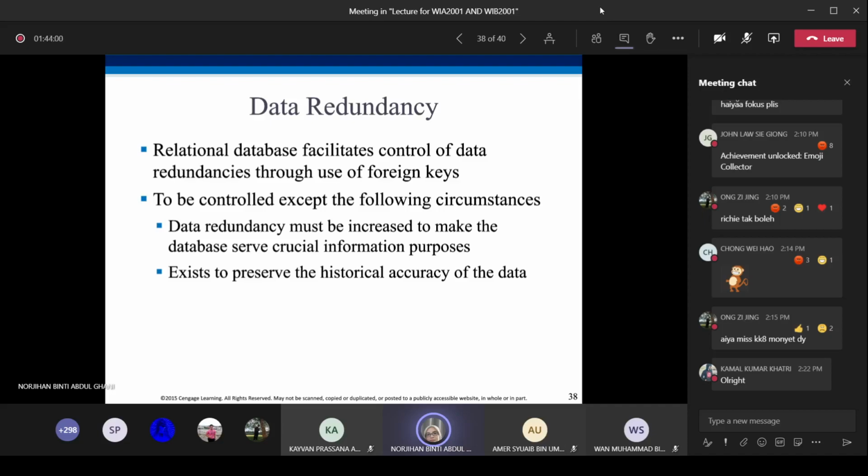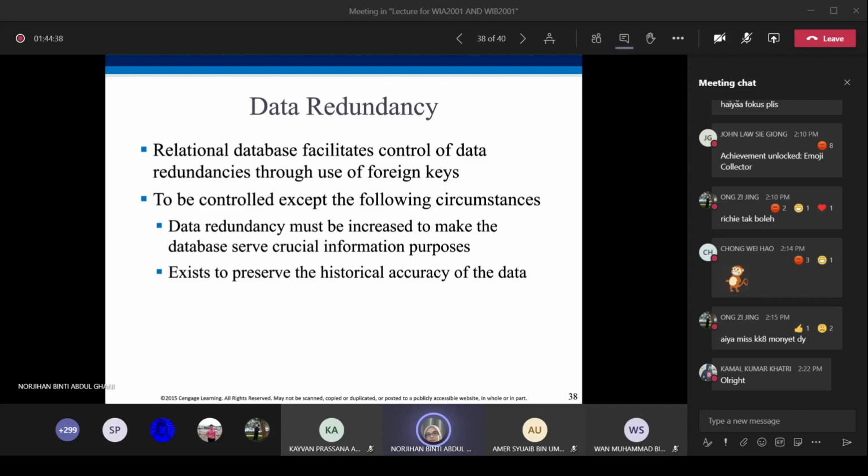Data redundancy must be increased to make the database serve crucial information purposes, and exists to preserve the historical accuracy of the data. As I explained earlier, the main purpose of a database system is to reduce data redundancies, but in certain situations we must increase the data redundancies so that the database serves crucial information purposes.